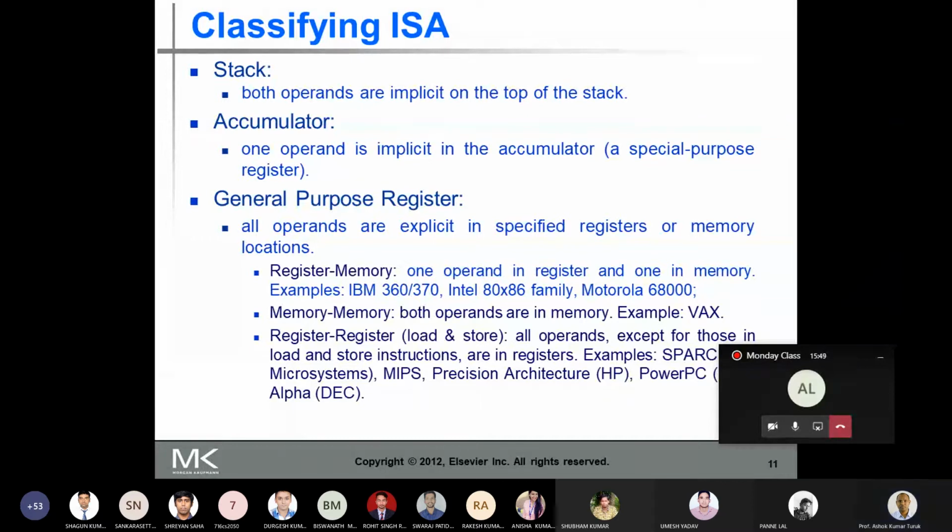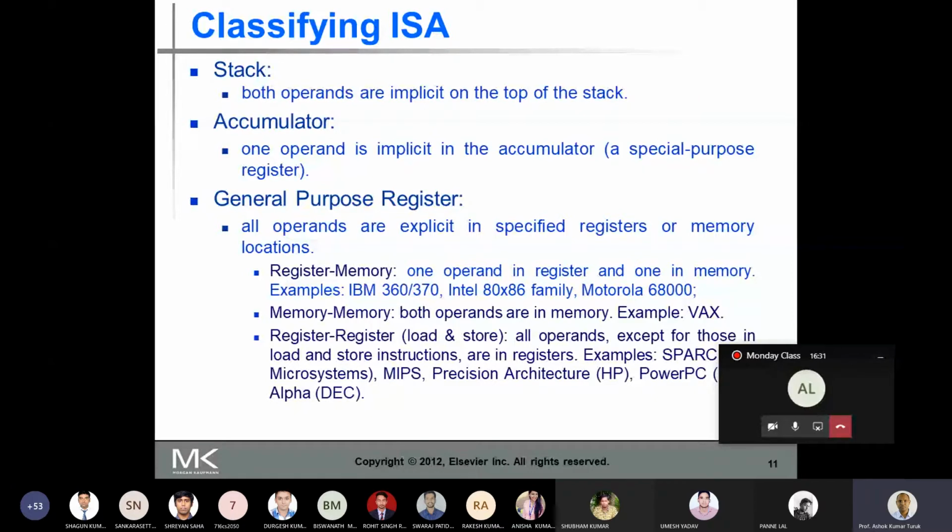Now if you look at the early computers, they were either stack based or accumulator based. All the new architectures designed after 1980 are load and store architectures. So all instruction set architectures designed after 1980 are load and store architectures.